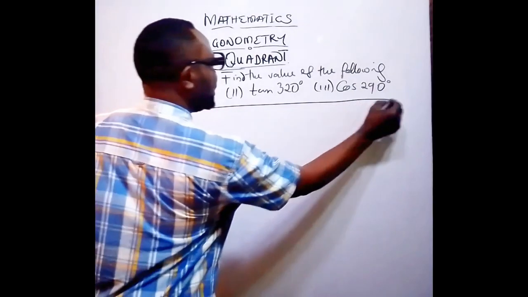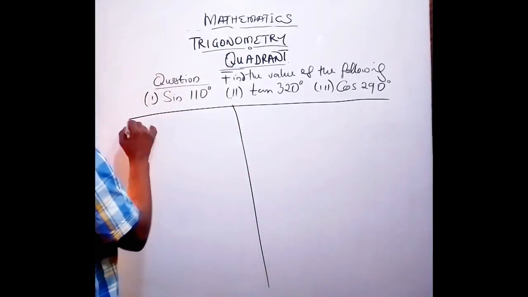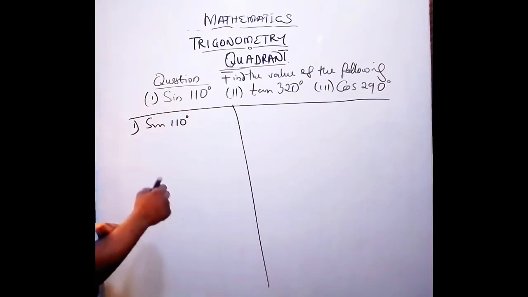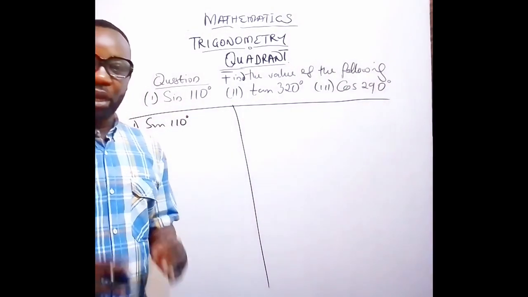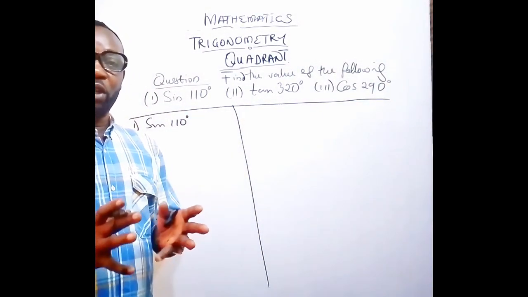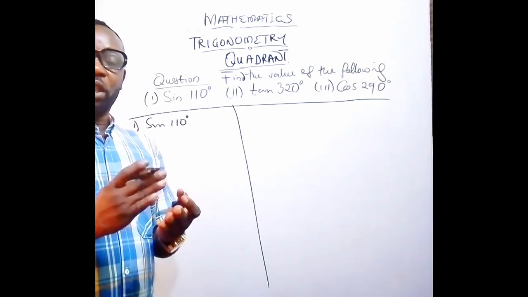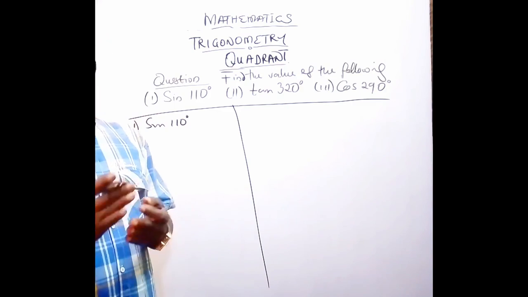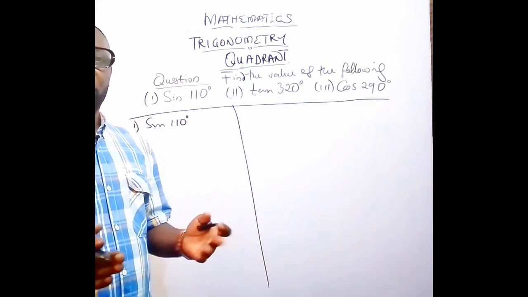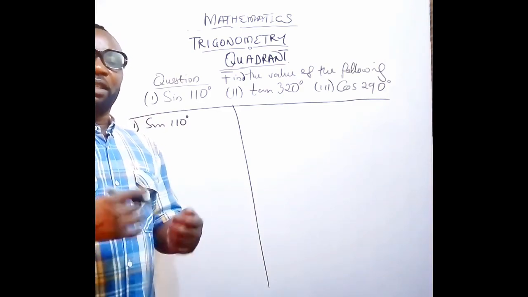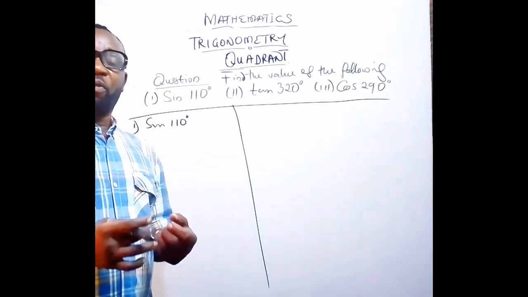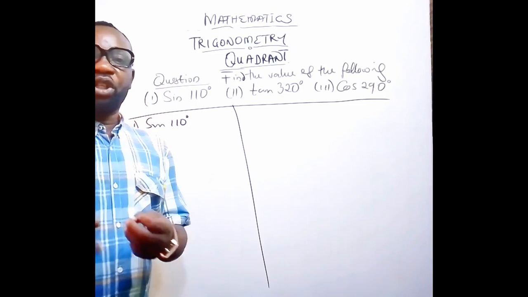For the number one question, we can say sine 110 degree. Now, you need to first of all have at the back of your mind the values of the first quadrant. What are those signs of trigonometric values that will be positive there? Then for the second quadrant, third, and the fourth, we have to know them. Then each of the mathematical expressions of the values that will fall at each quadrant for each of the